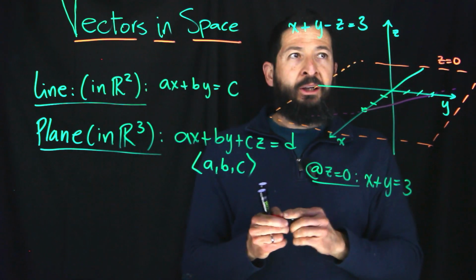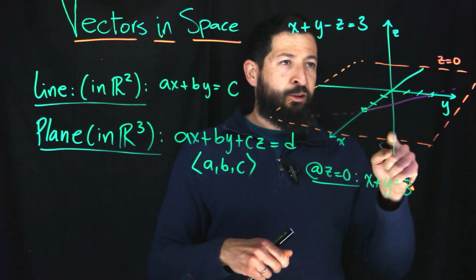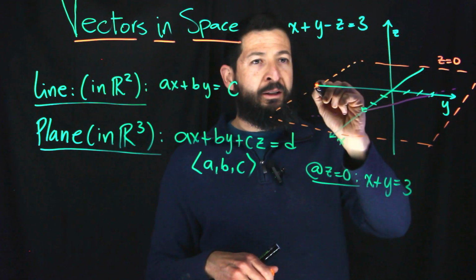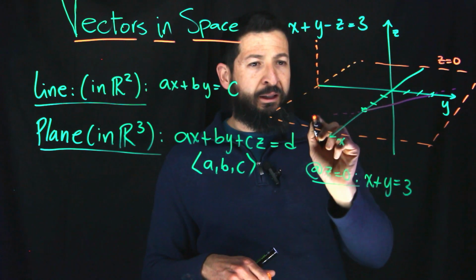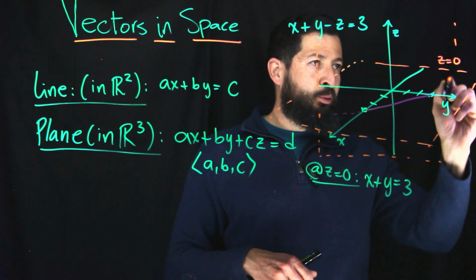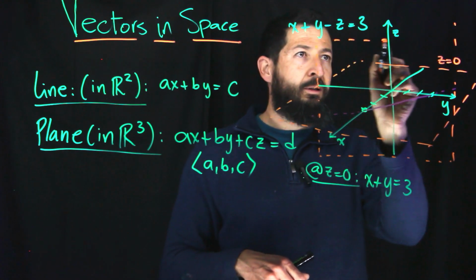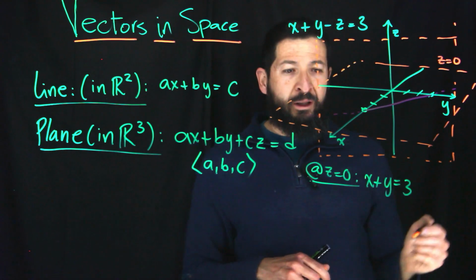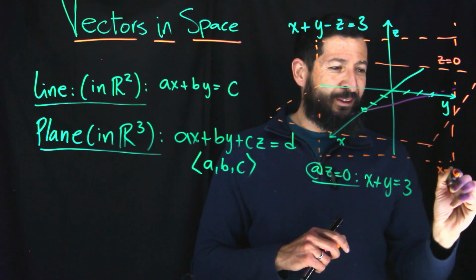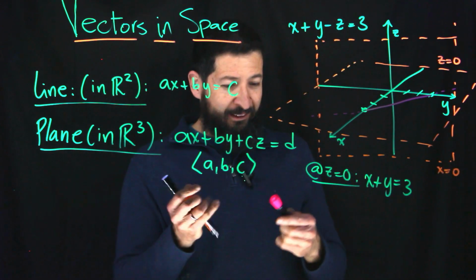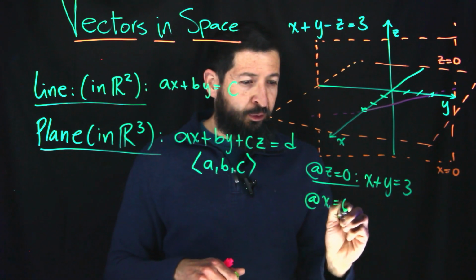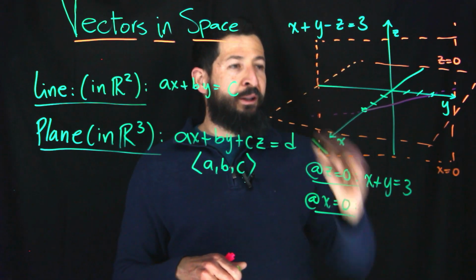And now I'm going to look at what happens when x is equal to 0. So when x is equal to 0, traveling the x, I'm here, and I'm going to get the whole plane that is going to be the yz plane. That's going to be just straight up and down. I'm not going to draw the next one because it's going to get really ugly. So at x equals 0, I get that plane, and what happens when x is equal to 0? I get another line, which is going to be y minus z